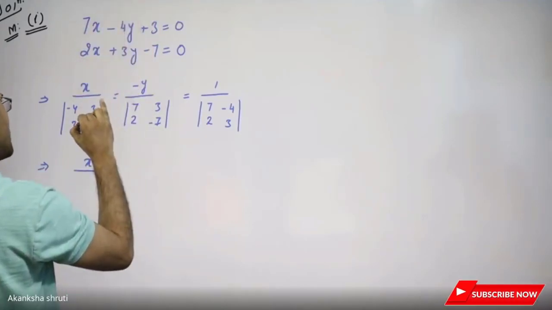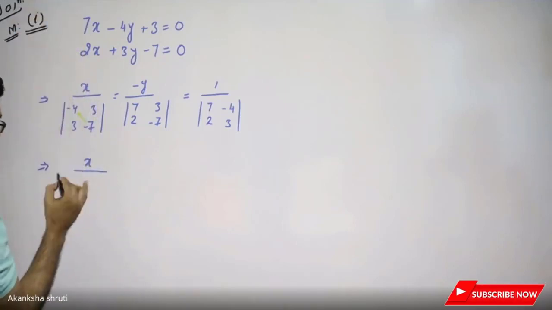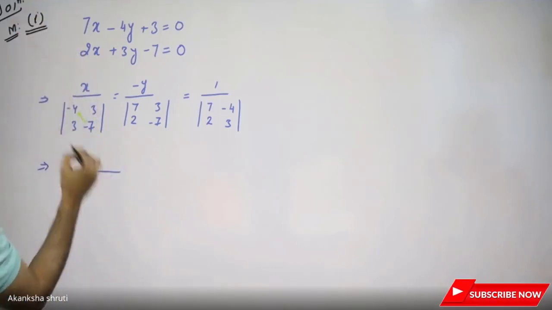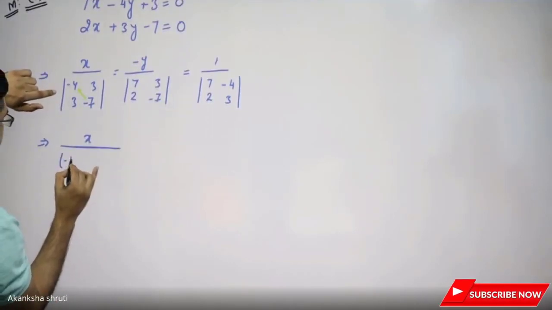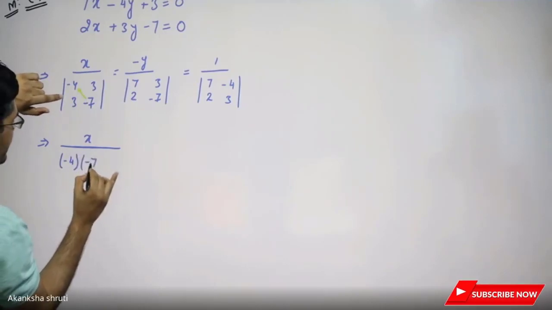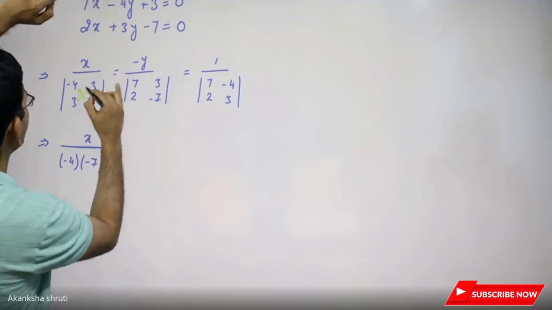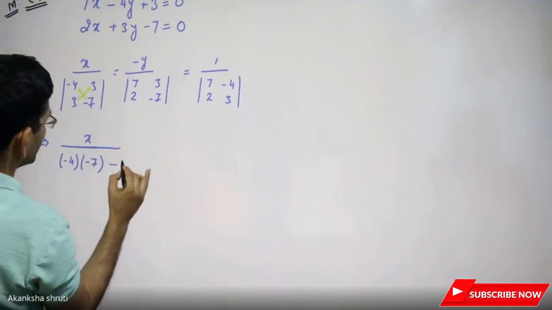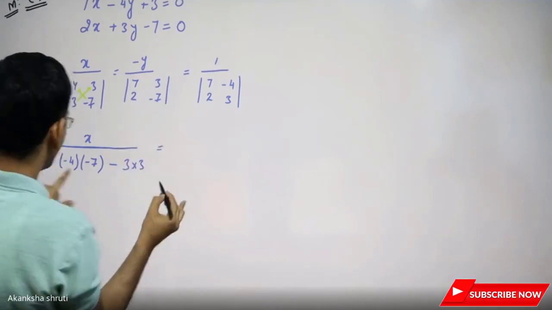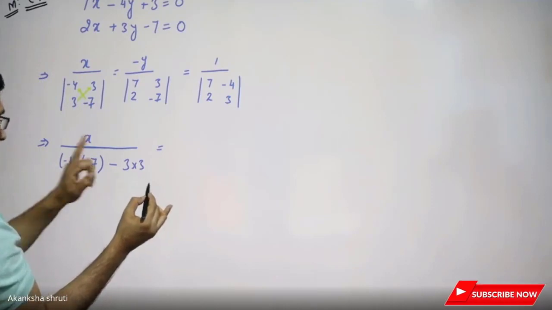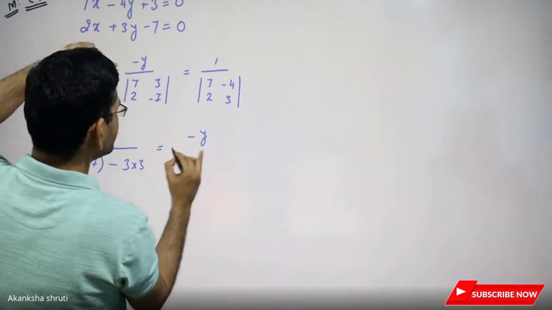So minus 7 has to be multiplied with minus 4. You may write the direct multiplication value here, or for your simplicity, let me do it once. So it is minus 4 into minus 7, minus of the next one, this 3 will multiply with this 3. So this is our 3 into 3. Here I have kept this bracket for the minus term so that it can be understood. It is in multiplication. Minus of y.